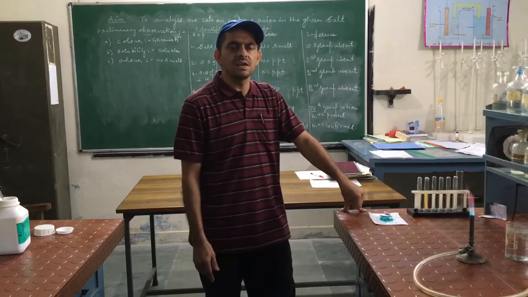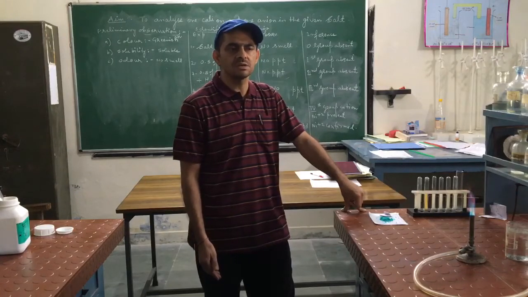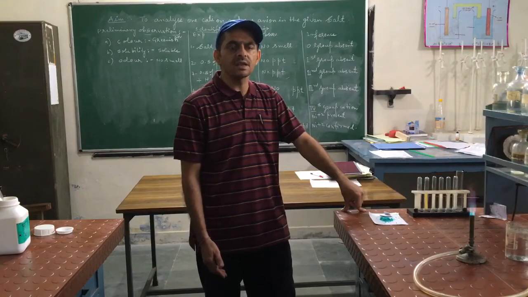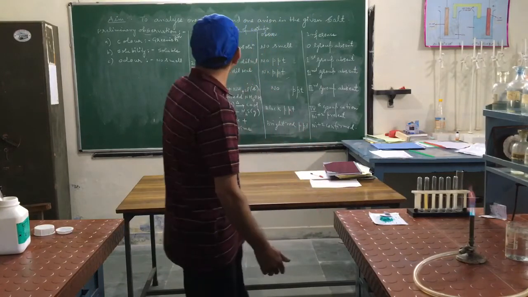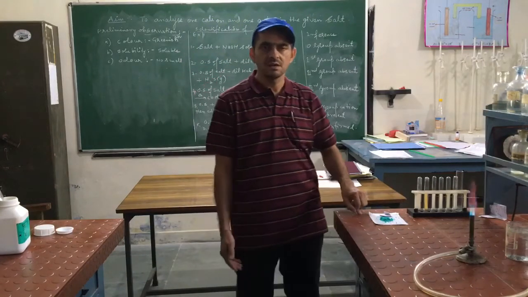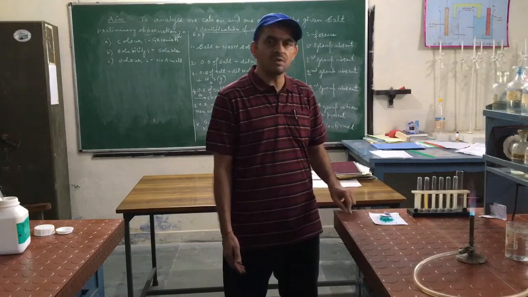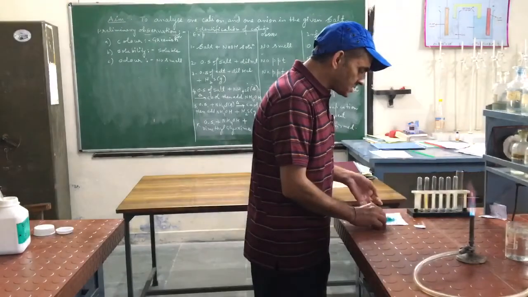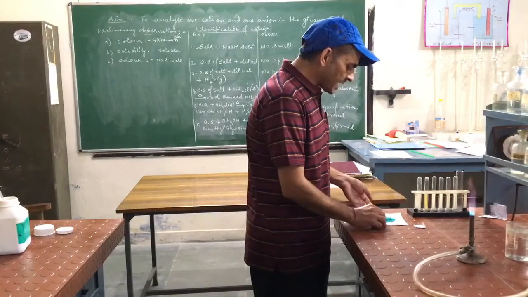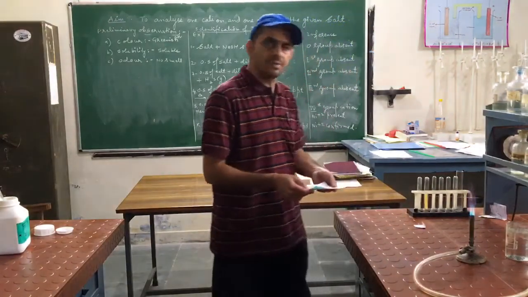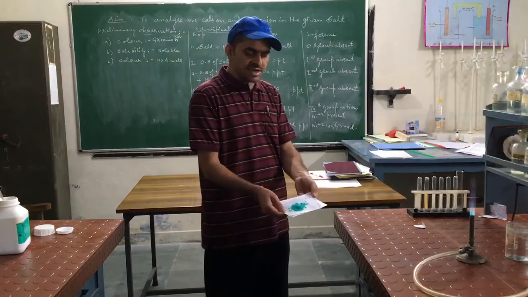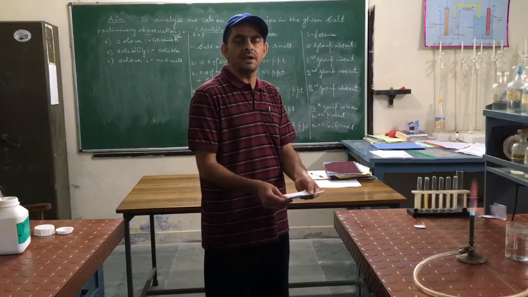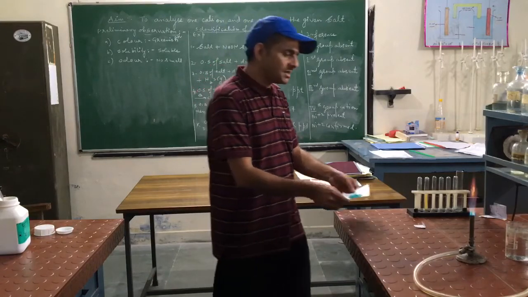Zinc salt is colorless, so is manganese salt. Cobalt salt is slightly purple in color and nickel salt, I have written over there, is greenish in color. Now the salt is provided to you. You see the color of the salt. From this color you can identify the cation which is present in fourth group. You see the color, it is greenish, so it may contain nickel ion. So let us start our test.